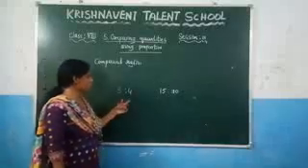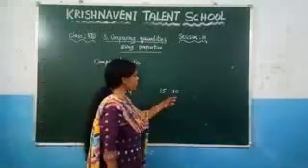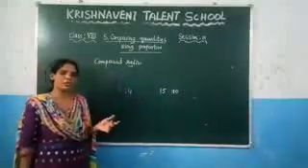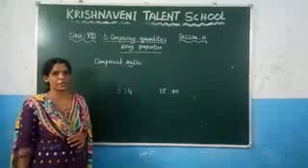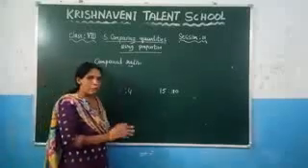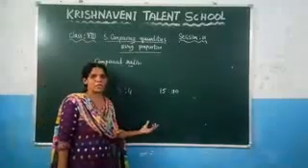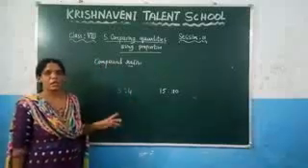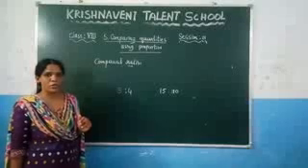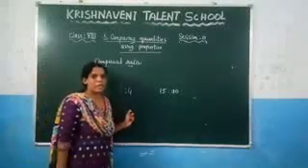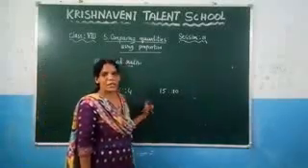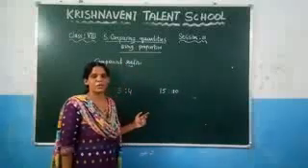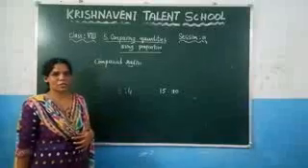Here we can observe that 3 is to 4 is there. Here we got 15 is to 10 is there. Here we got two ratios. You cannot find it directly using these two ratios. So you need to combine these two ratios such that you will get one ratio, that we call a compound ratio. So if you want to find the compound ratio, what do we need to do? You need to take the product of the antecedents and the product of the consequents, so that you will get the compound ratio of the given ratios.